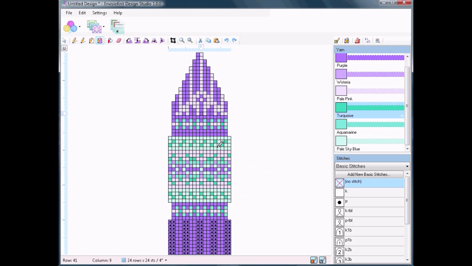I'm going to use the filled rectangle tool with the no stitch and delete the stitches I don't want. And now, just to be fancy, I'll add some Fair Isle coloring there. So still using the filled rectangle tool, I'm going to switch to my purl stitch, and I've got my turquoise yarn selected. I'm just going to fill this in, and then I'll use the lighter color